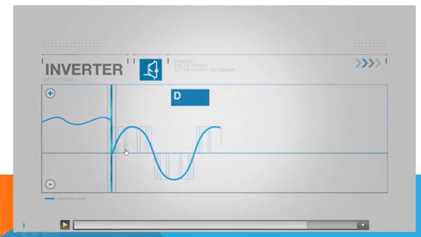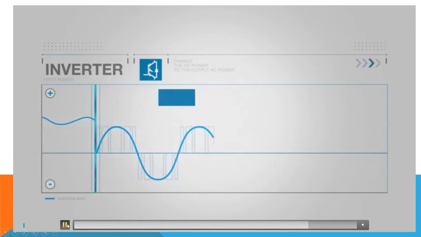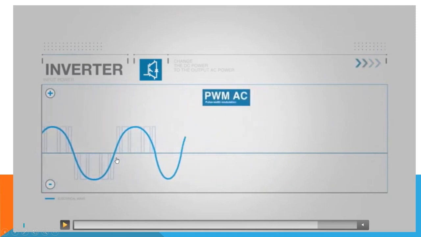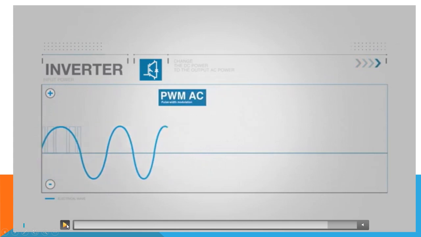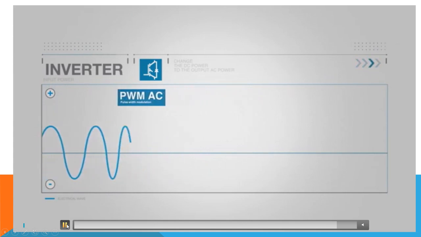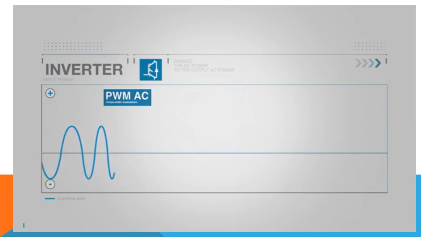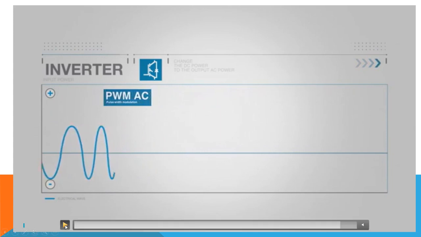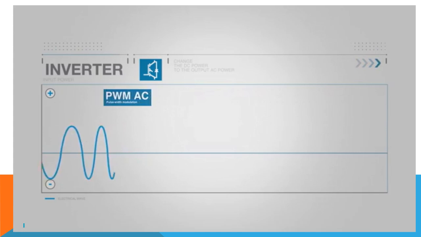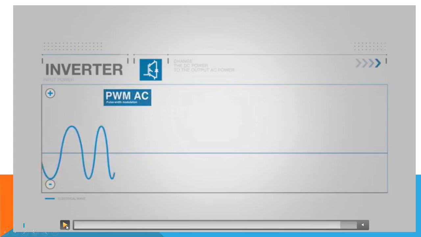What is happening here? You will be seeing pulses here at different conditions. So this is known as PWM AC, pulse width modulated AC, and the width of the pulses will be changing, and with respect to that you will be changing the frequency of the wave. You will be able to see the frequency is getting changed. So this is known as what? PWM AC fed to the load. So the load will be getting a variable frequency input and a variable voltage input together.